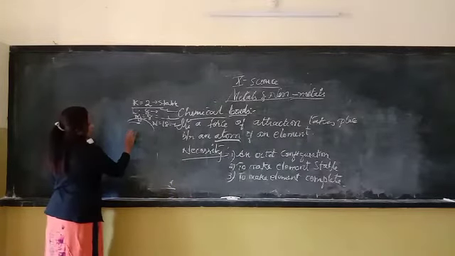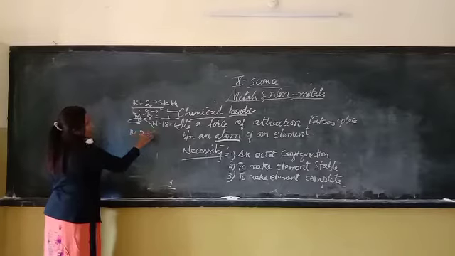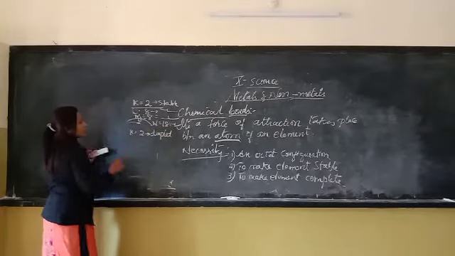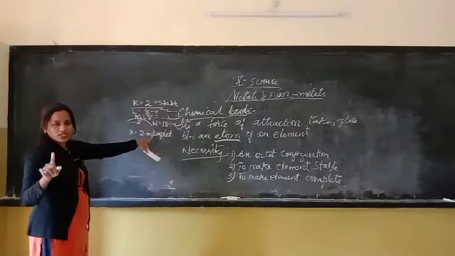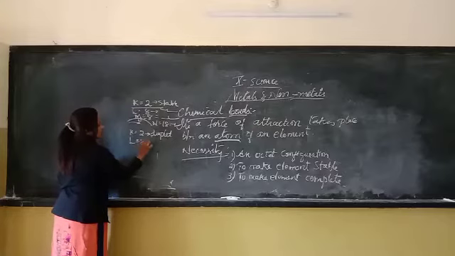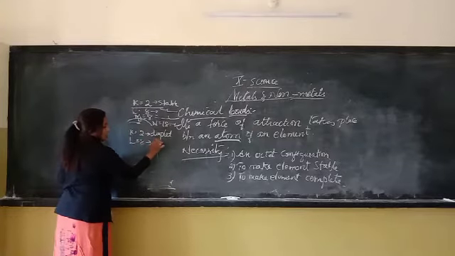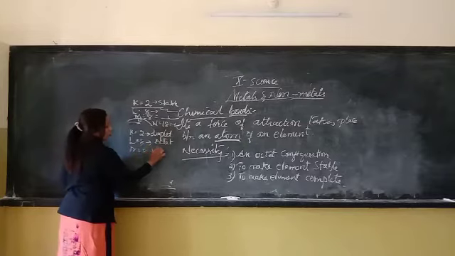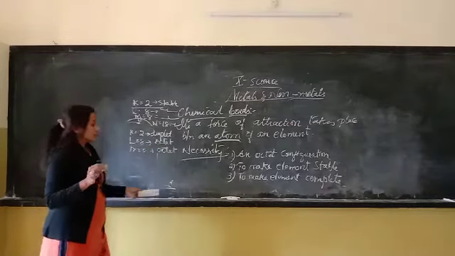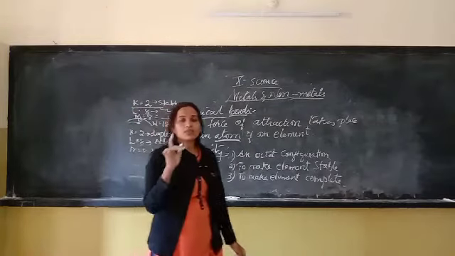For example, see here, K shell has 2 electrons, no? It is called duplet. If the K shell has 2 electrons, then that is called duplet. If the L shell has 8 electrons, that is called octet. If the M shell has 8 electrons, octet. Understood, children? So like this, each and every shell except the first shell